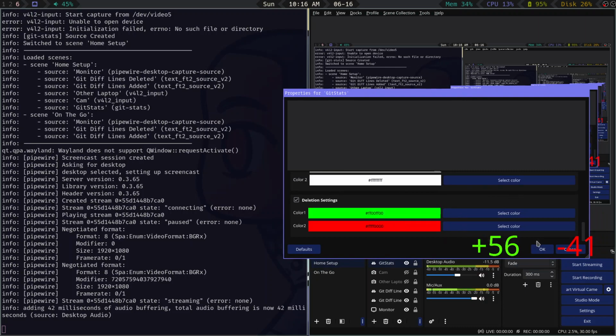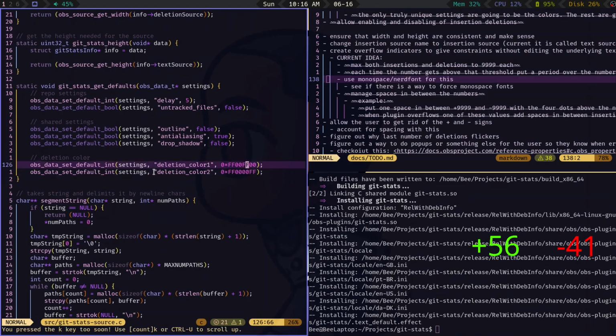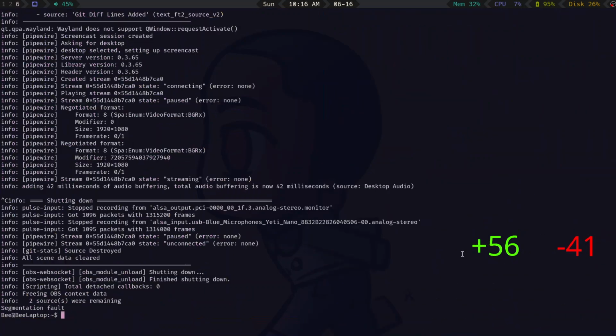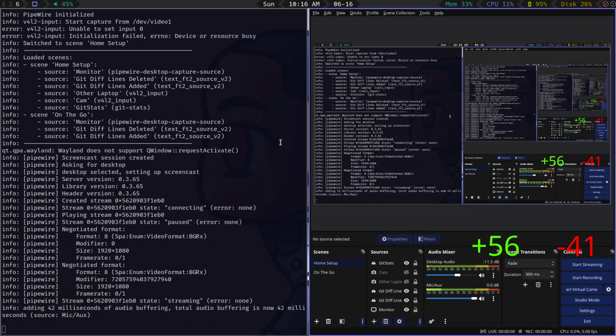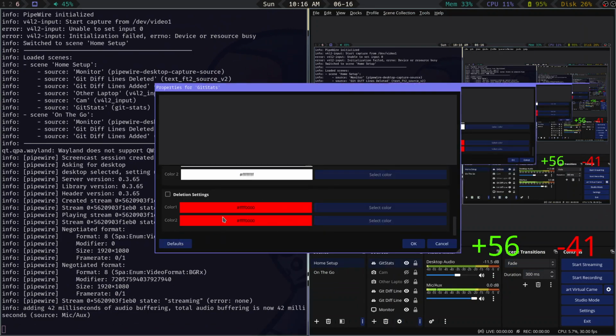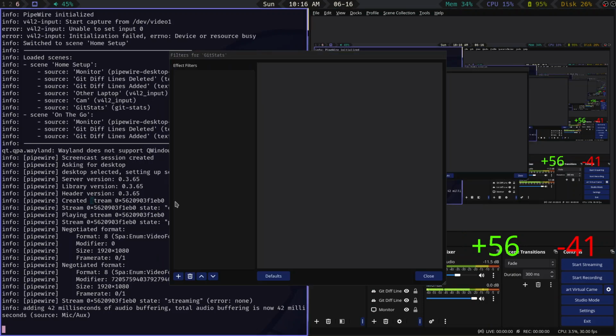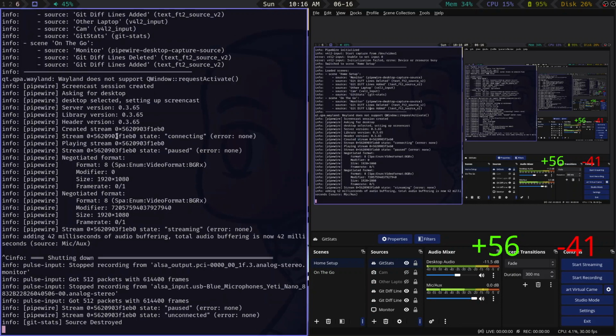Yeah, those should both be red. And then I'll have to figure out how to do it for the other one. Yep, there we go. So those are both red. And then I need this, oops, to be,